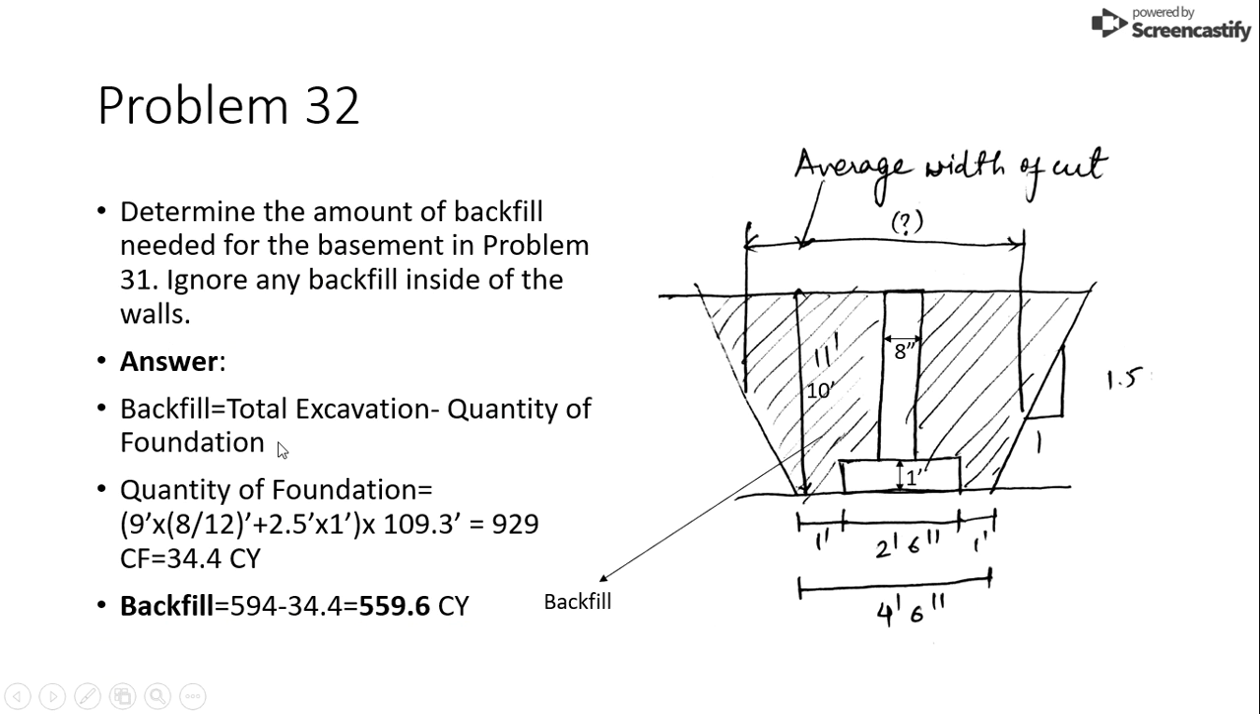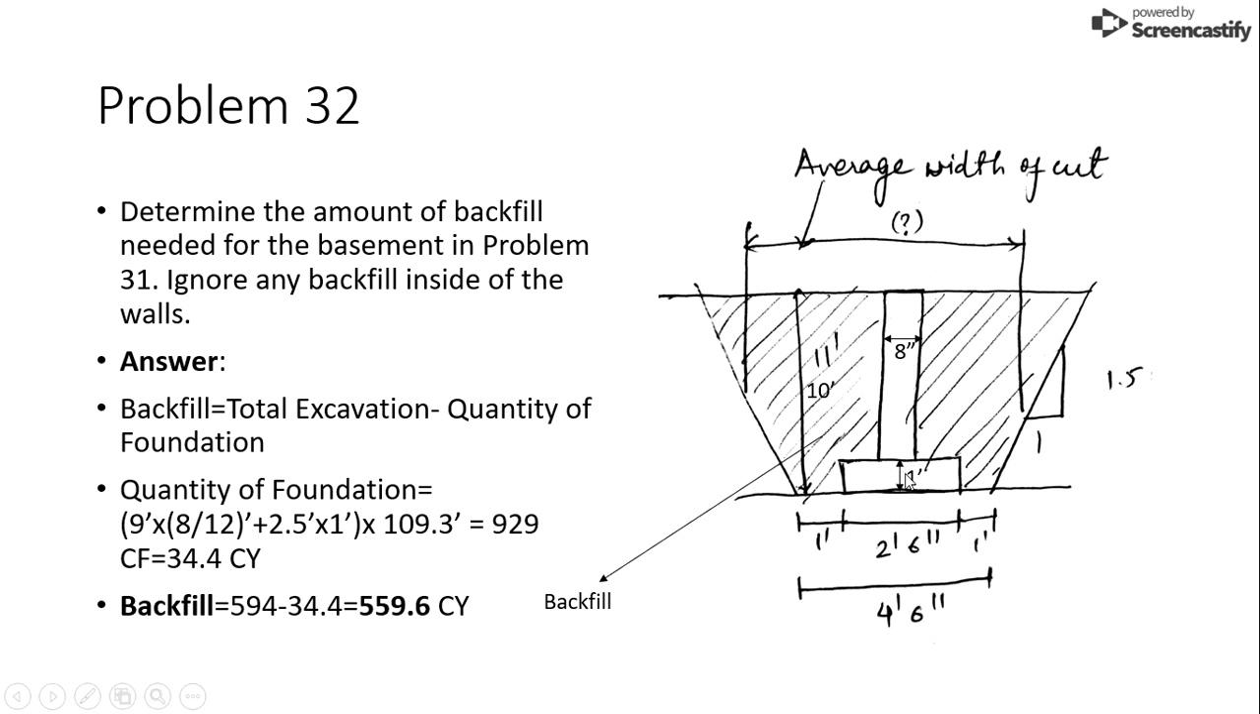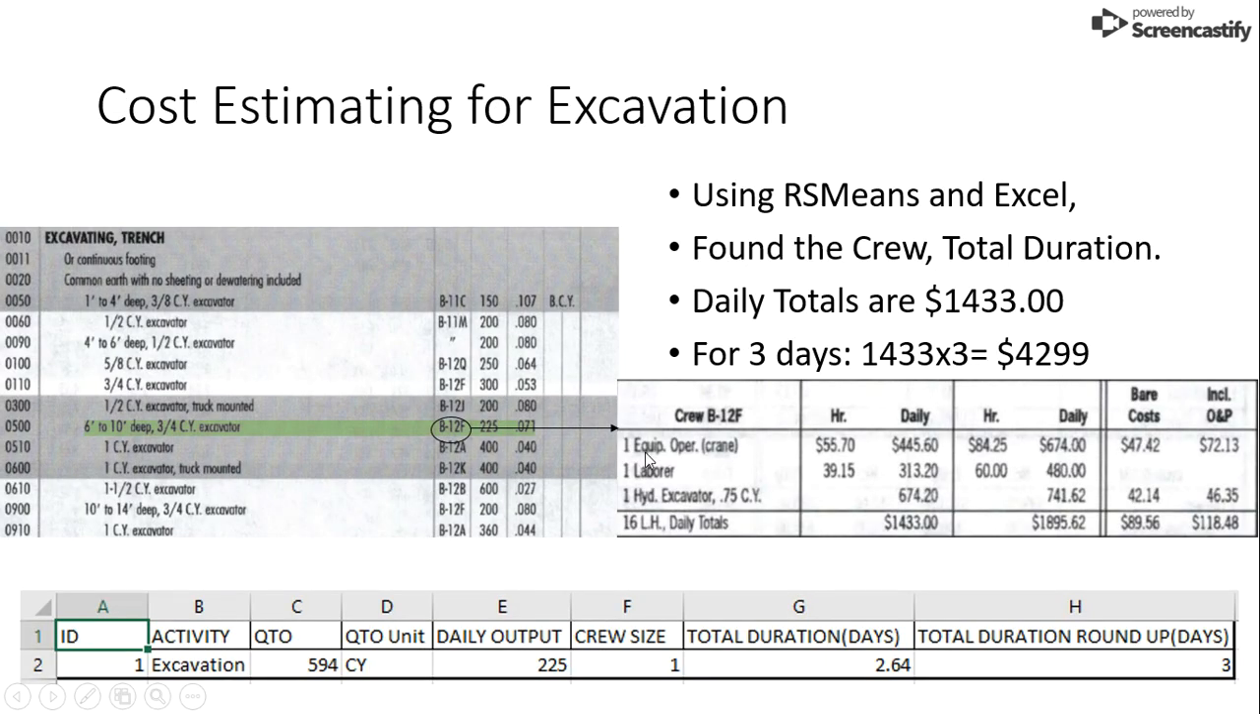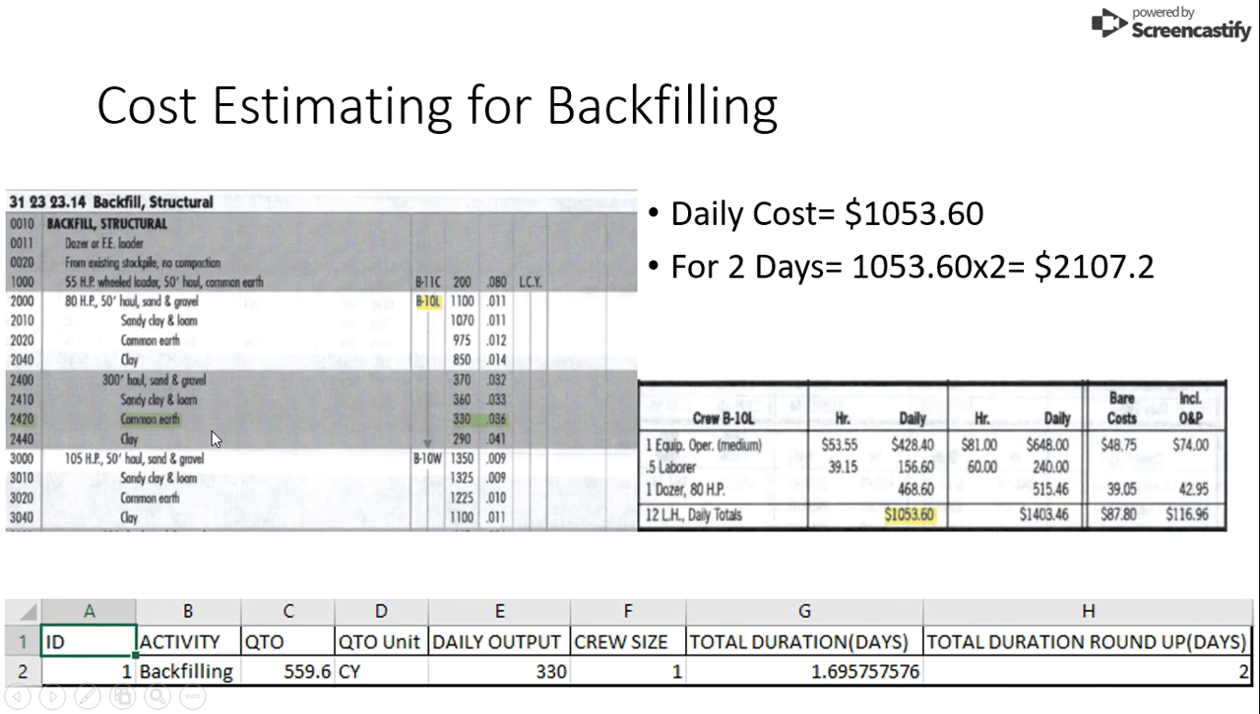Problem 32 is the same as problem 31. We need to backfill it. Backfill is basically total excavation minus quantity of foundation. So we need to find the quantity of foundation, which is the 8 inches multiplied by 9 feet, 1 foot multiplied by 2 feet 6 inches. So that's what I did, and I found the total perimeter, and I multiplied it, and I got the quantity of foundation, which is 34.4 cubic yards. So cost estimating